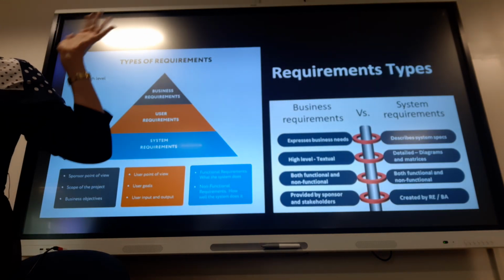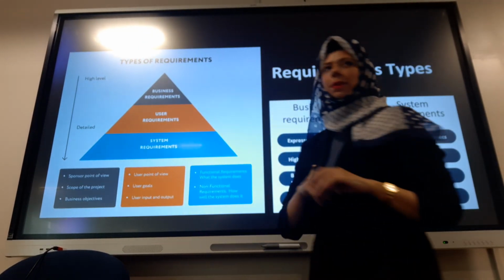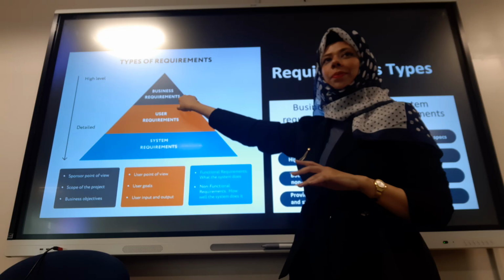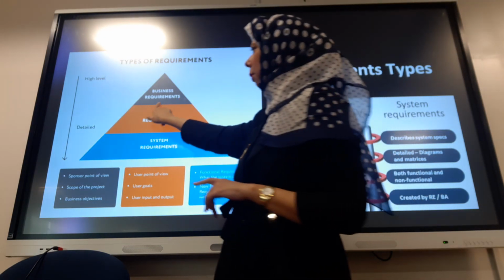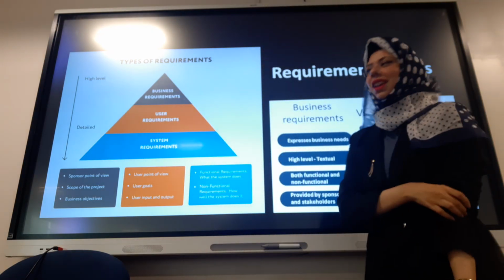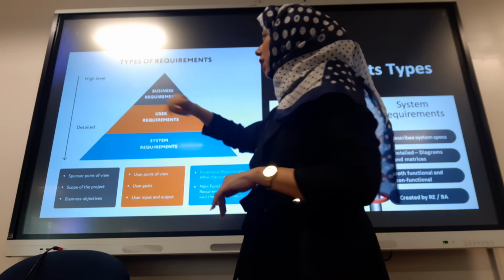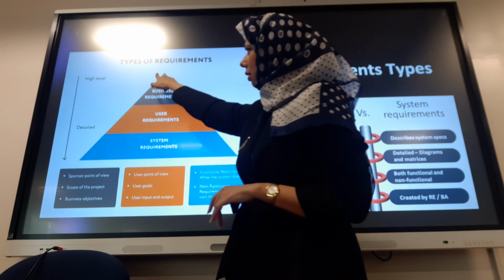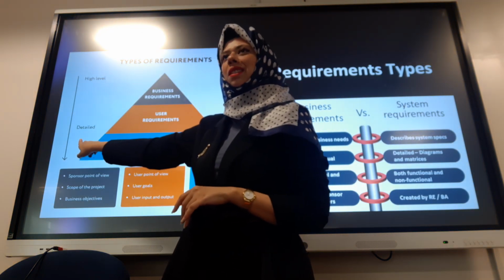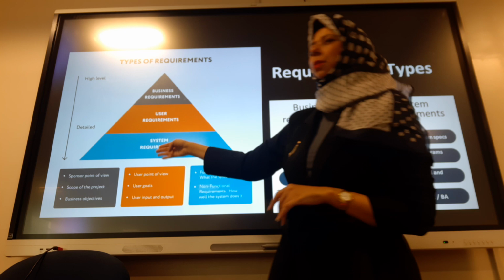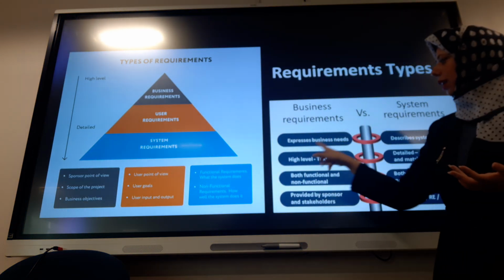Now let's look into the types of requirements. So we have mostly three possible types. We talk about business requirements, user requirements, and system requirements. I think user requirement is the most clear, right? So we are trying to set the requirements to satisfy the user side. If you look at that model, from top all the way down, this is high level all the way to a detailed approach. So as we move down to our system requirements, this is where you expect more details to be involved. Comparing these two together,